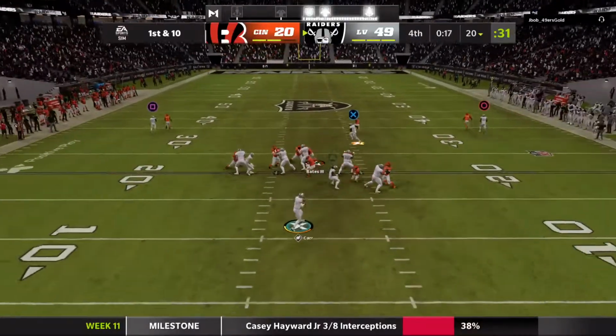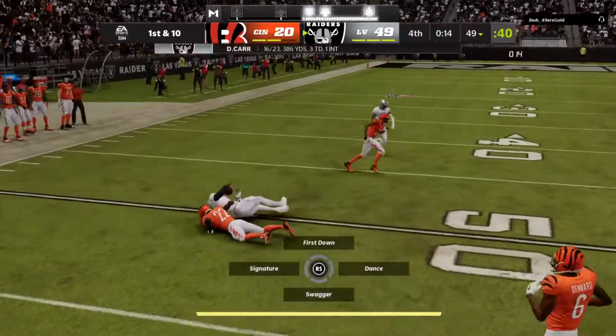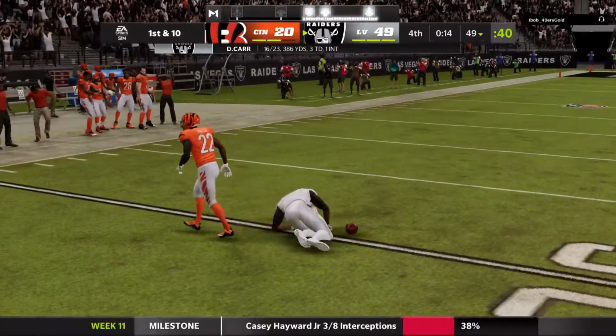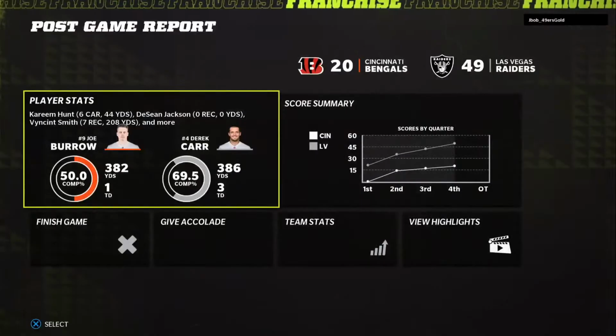Carr going to throw here. Got a man. It's Darren Waller. And they nearly get this all the way to midfield. Mark him down at the 49. Charles, it's one thing to win. It's another thing to win and put